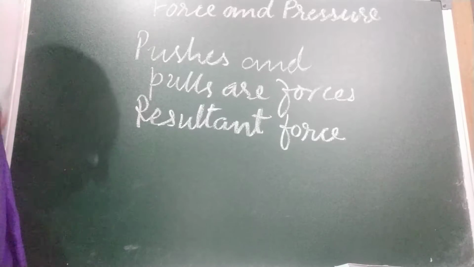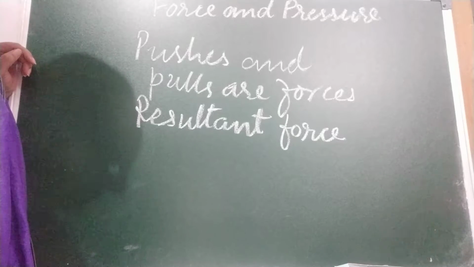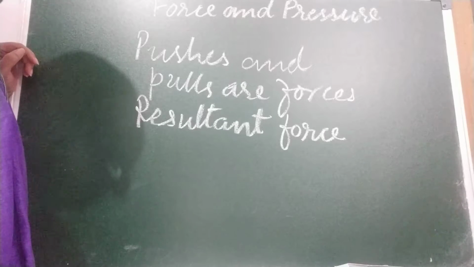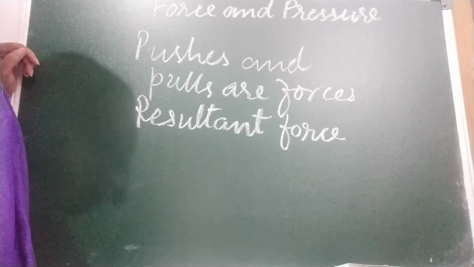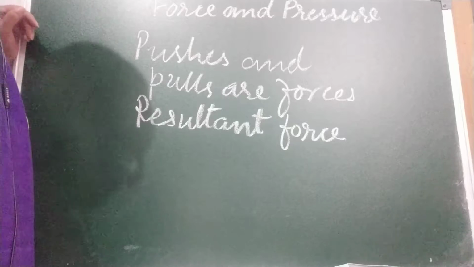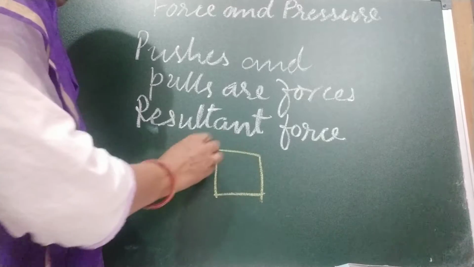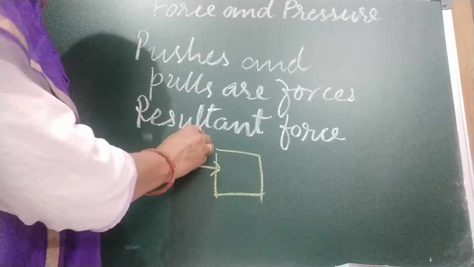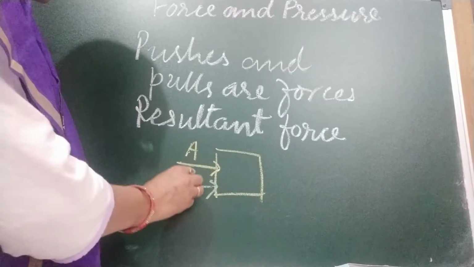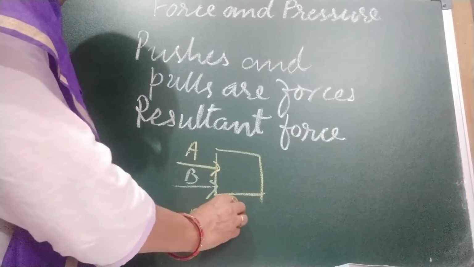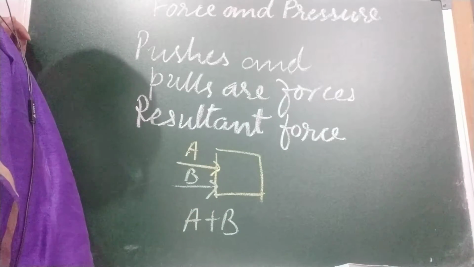Now if we ask one of our friends to help us for pushing in the same direction, we can together push it more easily. Why? So I am going to explain it. When forces are applied on an object in the same direction, they add up. Like this is any object. One is applying force A and other also going to help with the B force. So these two forces are going to add up. Okay. And this is what resultant force or the net force.